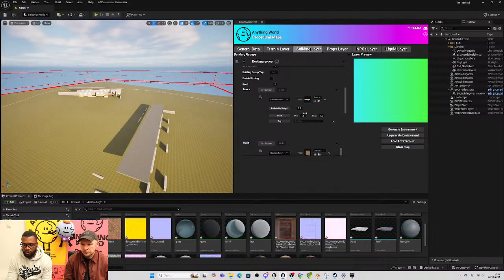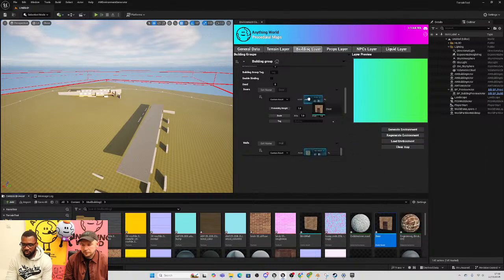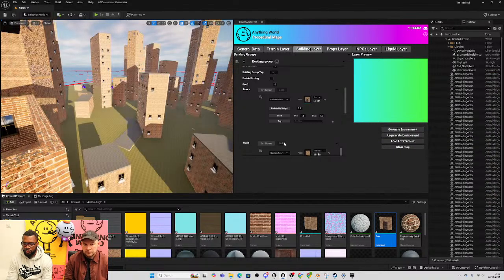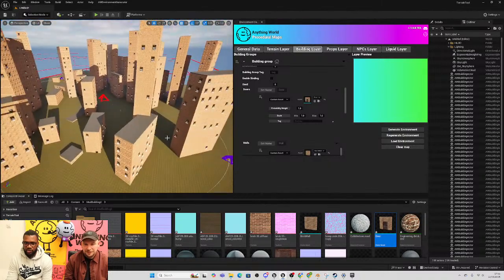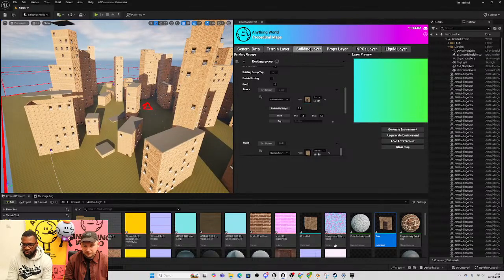There you go, doors. I actually messed up in the last thing as well. I put the doors in the wrong slot. Alright, so let's clear map, generate environment. That's what I'm talking about. Woohoo! Alright, so now we've got like a city, skyscrapers, stuff going on,